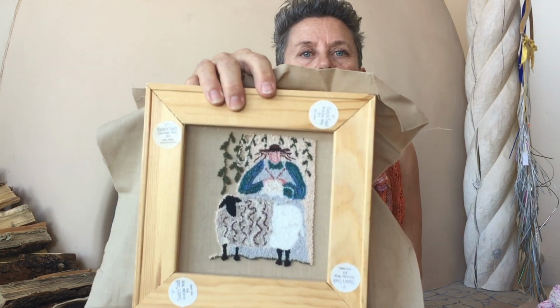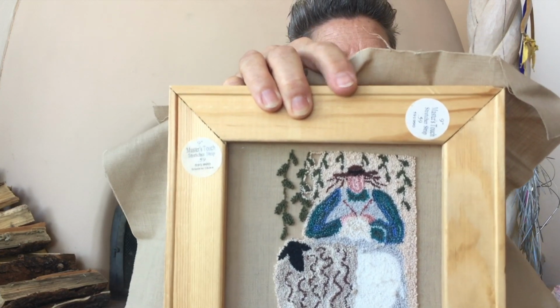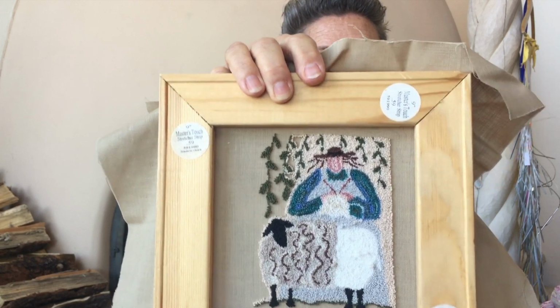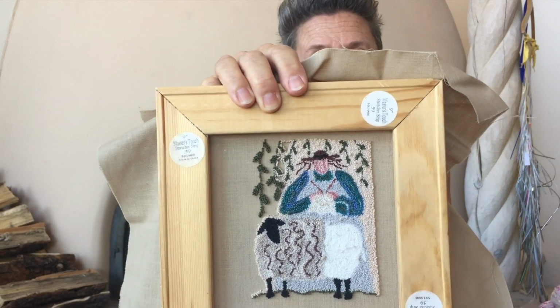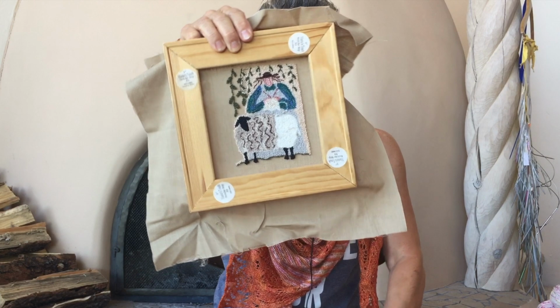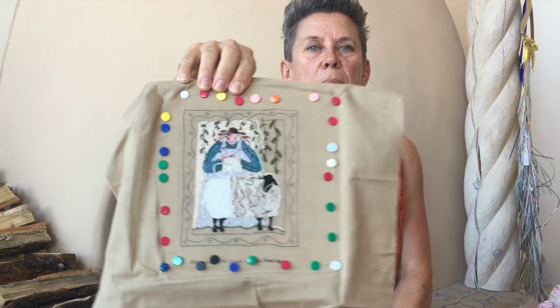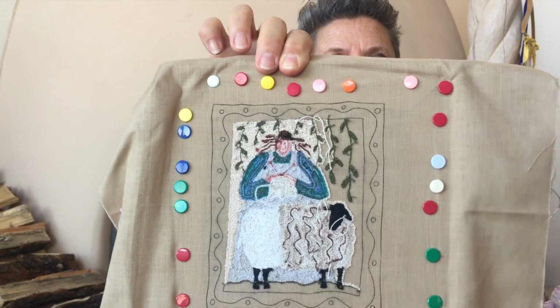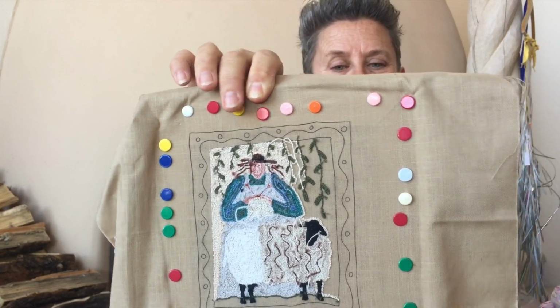But I have started a project which looks like this. I worked on this a while ago. I haven't touched it in a long time, and I purchased a kit at the ZiaWoolz Fest, I think 2 or 3 years ago. And this is how it looks from the back, by the way, in case you're interested. The fabric has to be very tensioned, and this is one of those do it yourself,